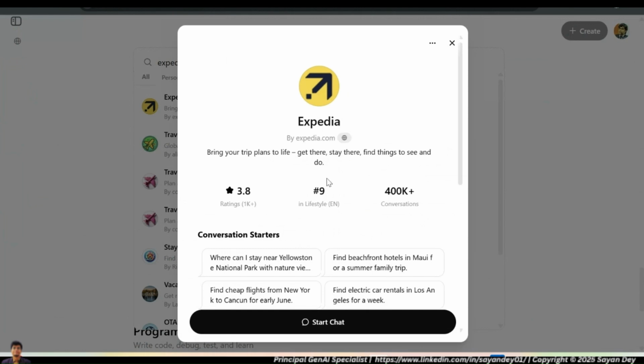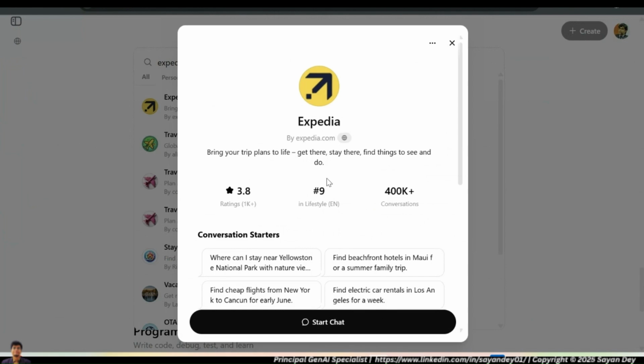So the moment you are browsing chatgpt.com, you are basically trying to use the underlying language model, which is GPT-4 Omni or whatever model you choose to use. If you have the Plus subscription, you have more models available. And then at the back end, when you ask a question, the agent will decide what tool to call to answer that question. So in this case, I can ask a query saying, "Hey, get me the top flights from